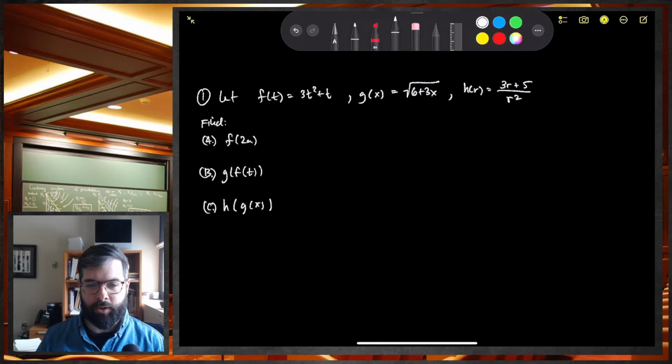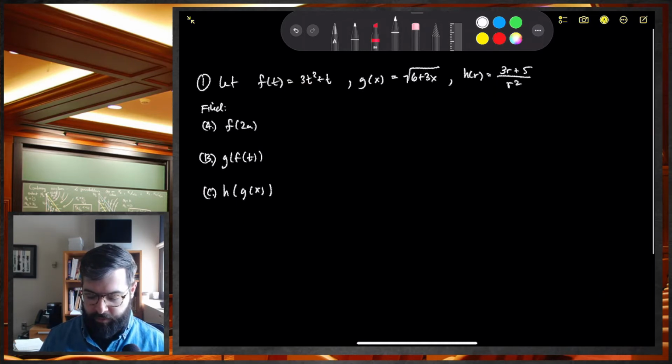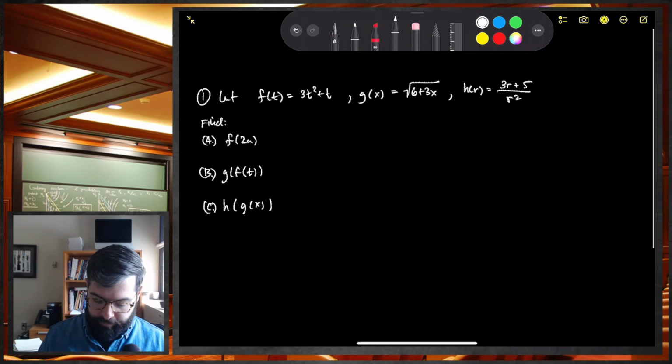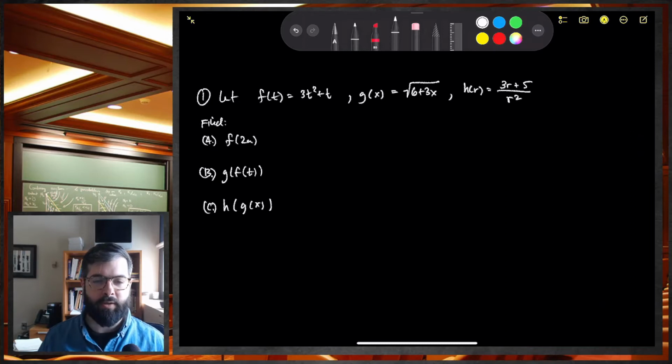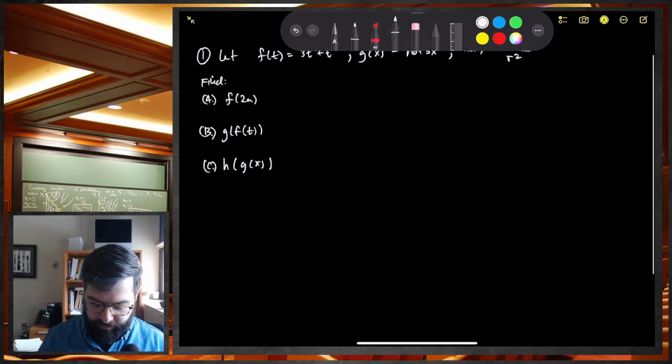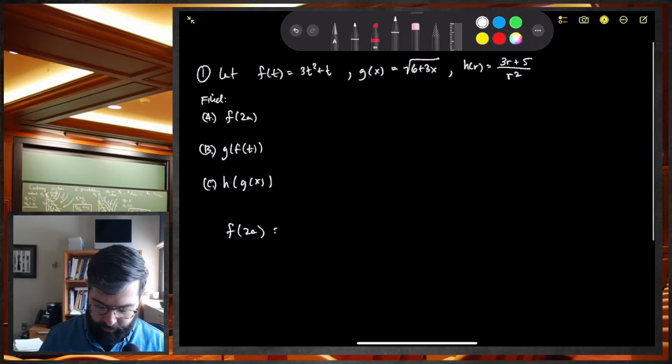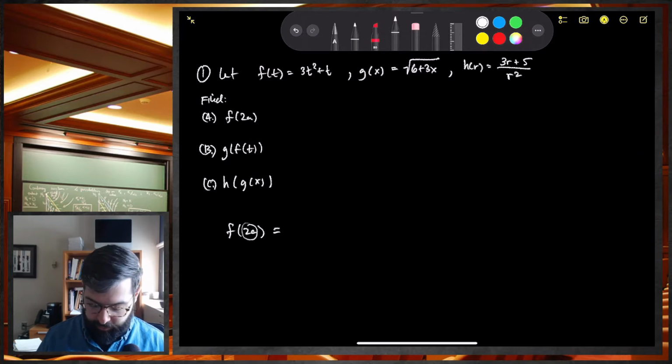So we'll start with question 1, which was a composition of functions question. Here we've got 3 different functions, f, g, and h. And we're being asked to find, and no need to simplify, the following expressions. So we'll start with f of 2a. For f of 2a, we're talking about taking the input of 2a and inputting it into the function f. So wherever we see the input for f of t, which is t, we'll be putting in